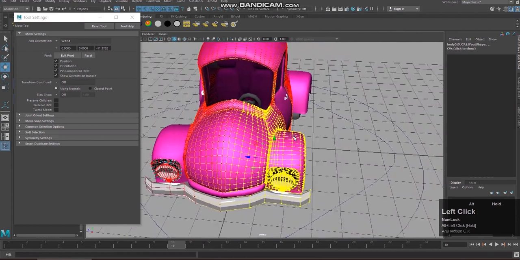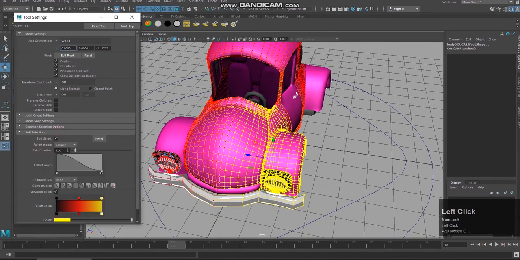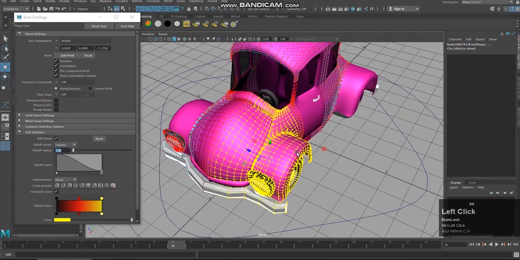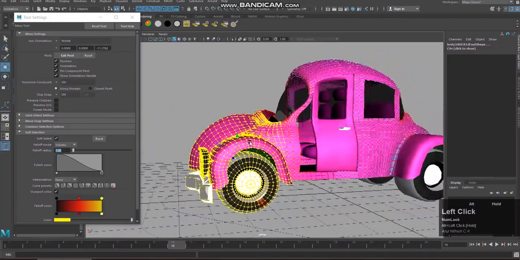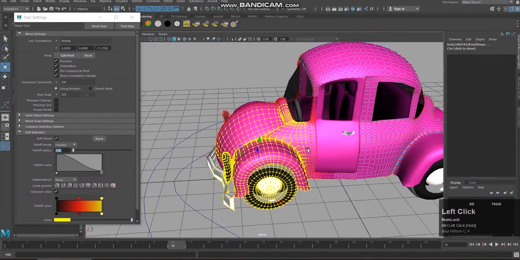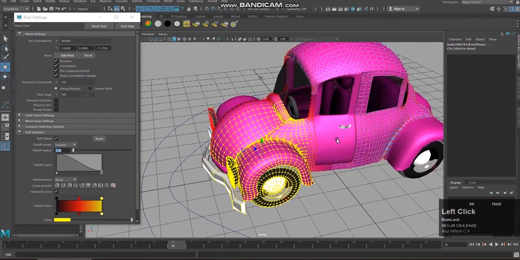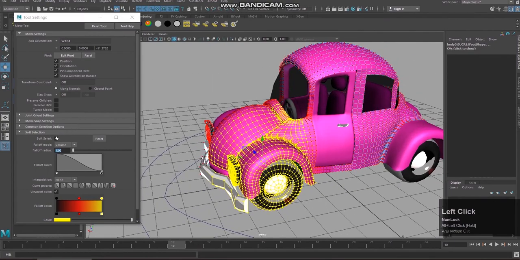I should reduce the falloff radius of the soft selection. I should make it 1. This part of the car is moving off. It is the door; the door is not getting selected, so I'll turn this off.